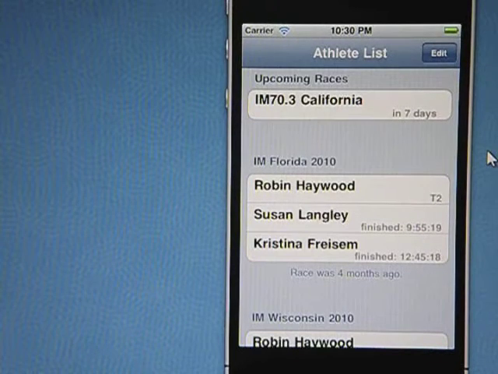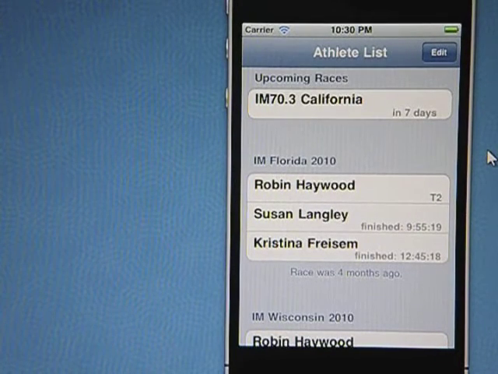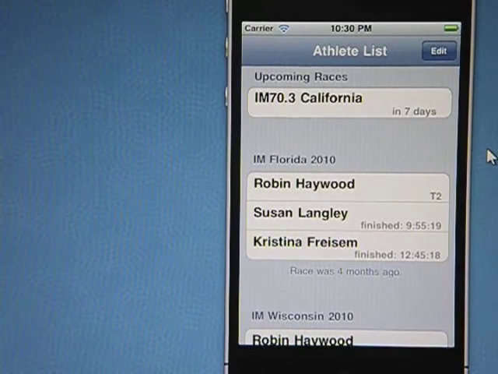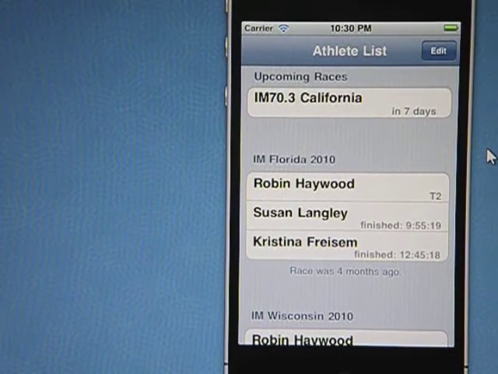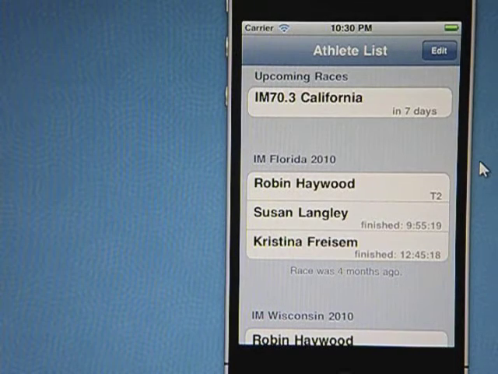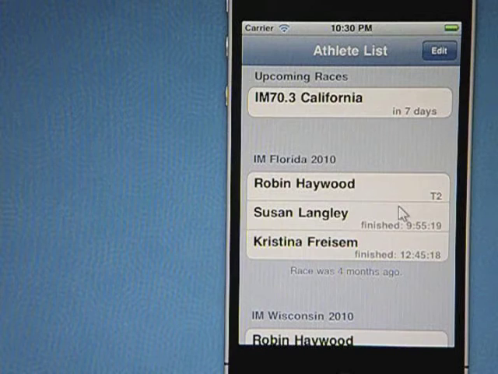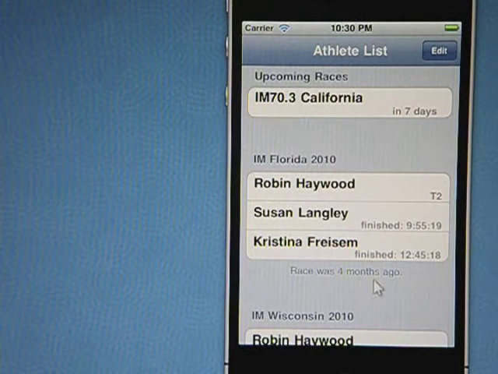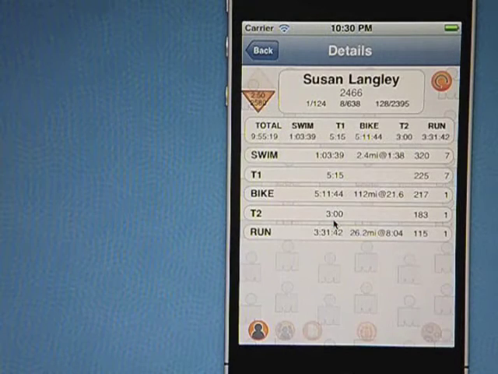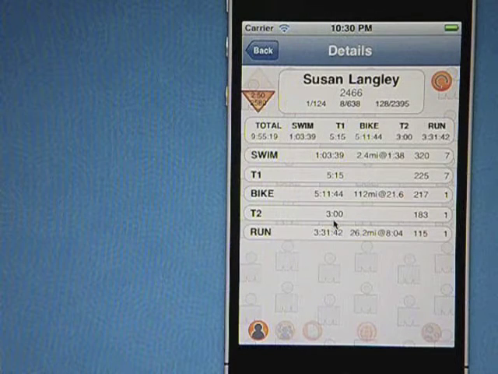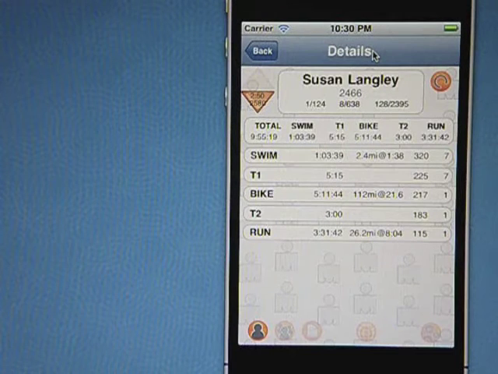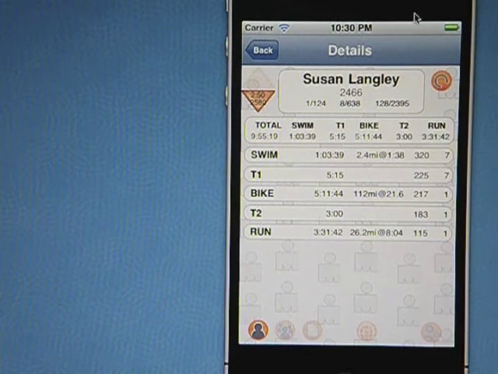Hi guys, I want to give you a quick update about the new design for Pele, and I need your input and want to know what you think about this. It always bugged me that the detail page was this plain HTML page, and therefore I redesigned that whole thing. If you click on Susie here, there's the new detail page. Everything is basically text. There's no HTML there anymore, which is much easier to read on